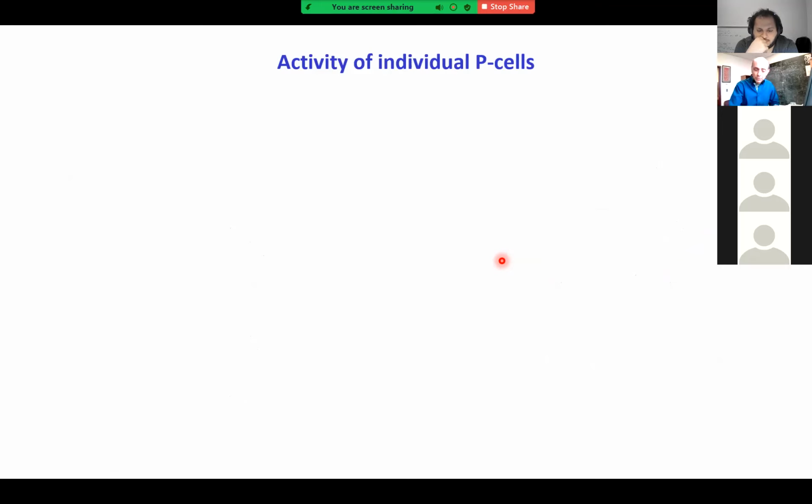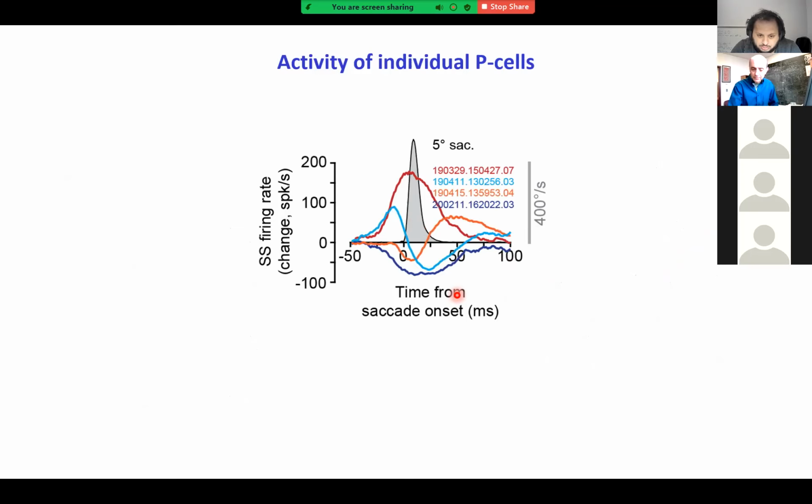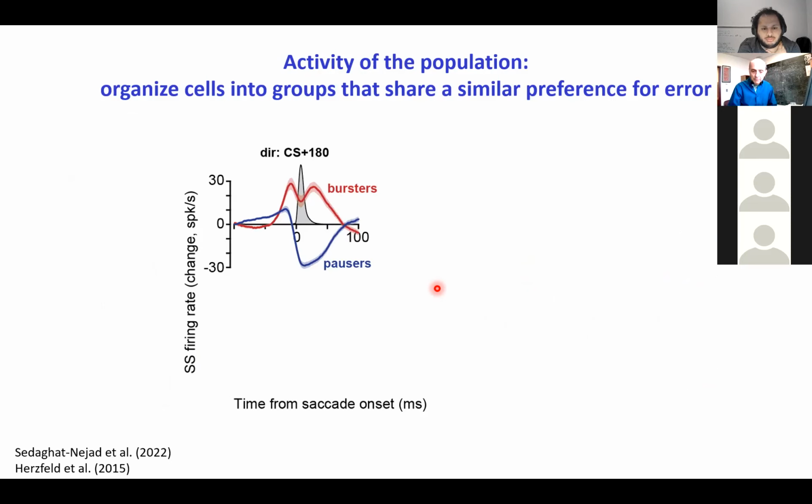Okay, let me show you what's going on. So remember, we started with this problem. You have a saccade that looks like this, and then you measure cells. Some do this, some do this, some do this. So it's all over the place. They don't seem to make any sense. Now, what you do is that you form a population. You organize the cells into groups that share a similar preference for error. If you do that, what you see is that there's some that burst, some that pause, but now you